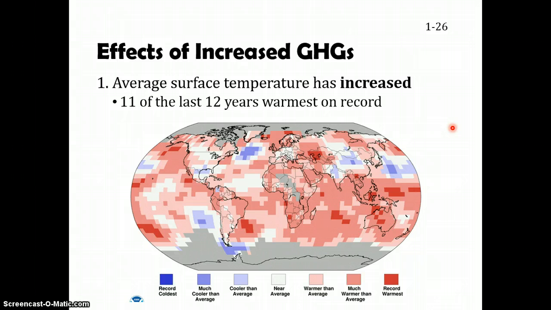Now, it's not making it warm up by tens and twenties of degrees. It's, first of all, a global average. It's increased by about 1 degree Fahrenheit, and although that doesn't sound like a lot, today's temperature is only 8 degrees warmer than it was during the Ice Age. So small changes in temperature can have a huge effect. Over the past 10 to 15 years, we've seen some of the warmest temperatures on record.